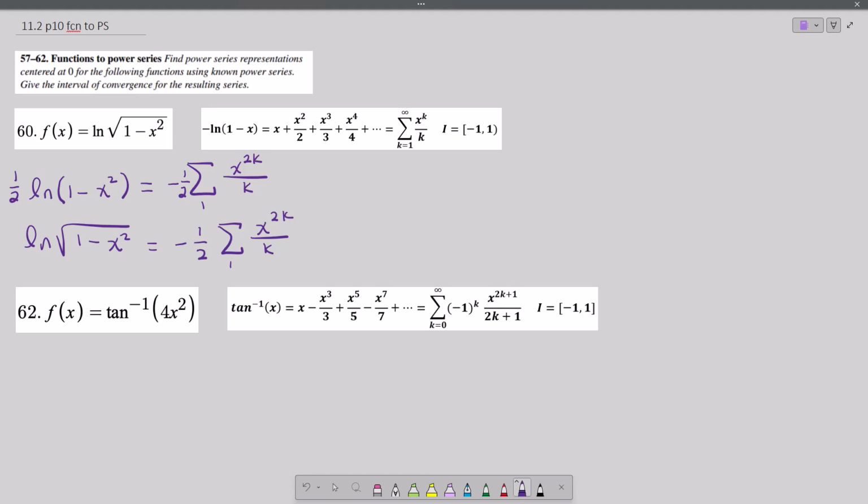Now we included a substitution. We didn't take any derivatives or anything, so that's good. But we did include a substitution. So we have to come over here, and the original interval of convergence, the original IOC, is this. But then we did a substitution. Multiplying by -1 doesn't do anything. Multiplying by 1/2 doesn't do anything. But we did a substitution. We changed the x to x squared. So we have to do the same thing over here. We have to come over here and say, all right, the new IOC is going to be based on that